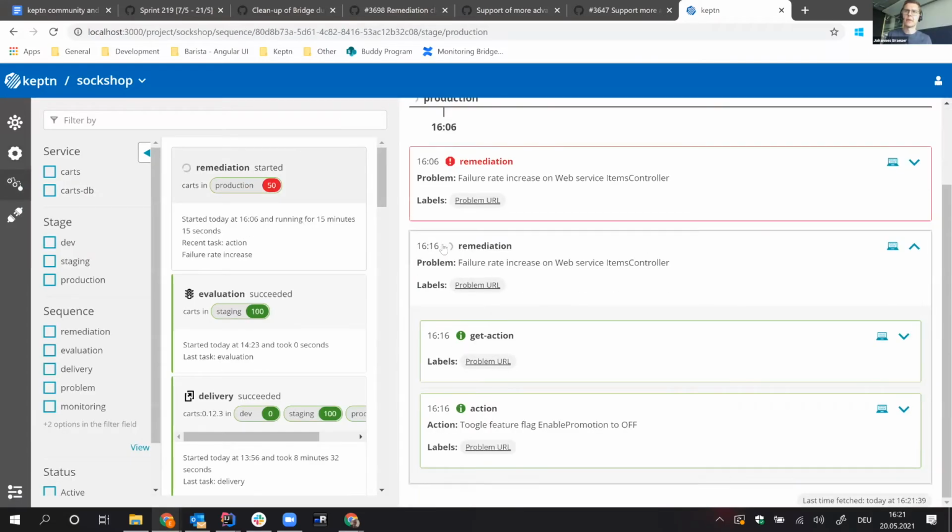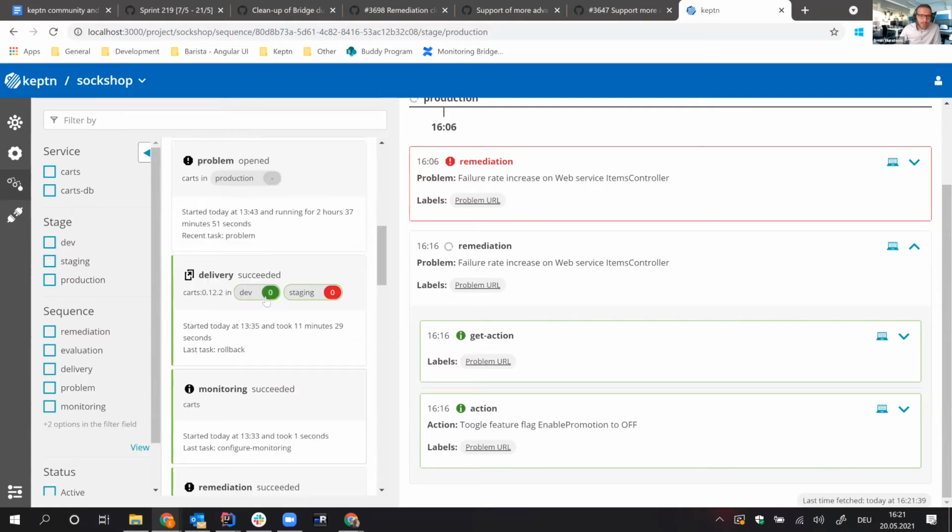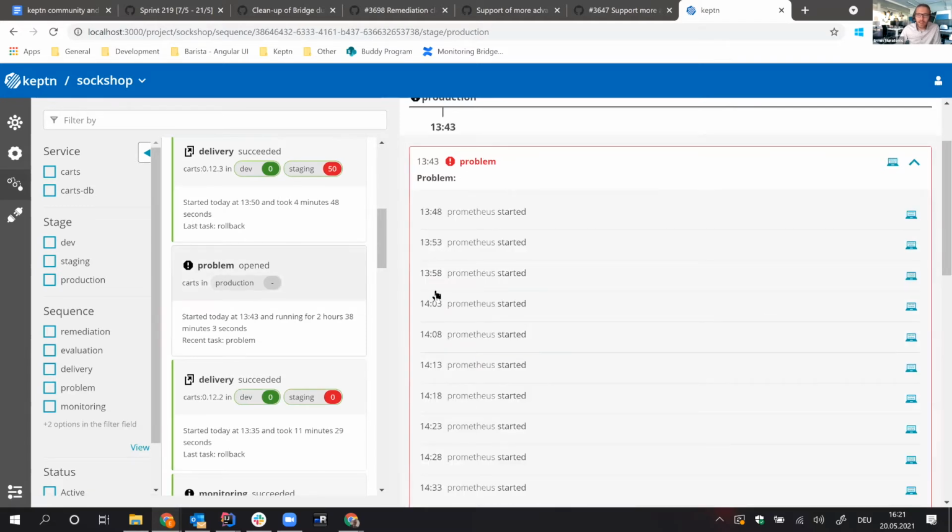Ermin, I didn't get why I have two problems here, or why this is actually in the environment. That's a small bug that we see right now. I haven't seen it before. The problem event itself is identified as a remediation or a problem in the environment screen. Of course, this is started but never finished, and since it's not finished, it's also showing up in the environment screen. But this needs to be filtered